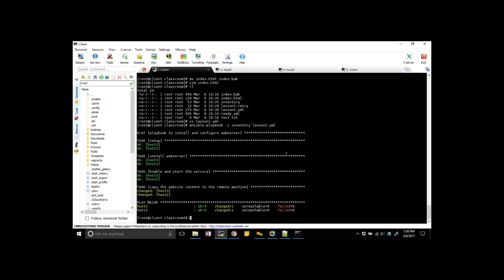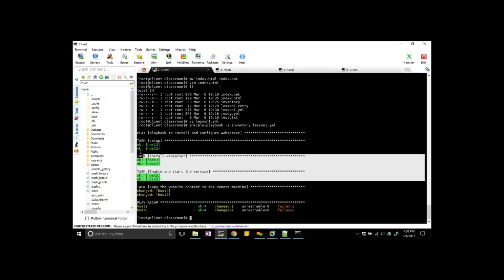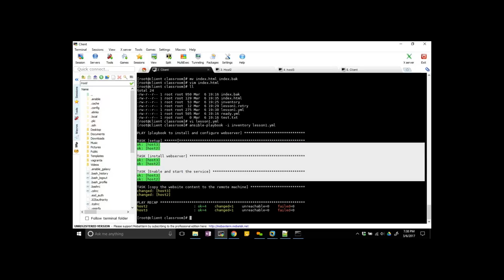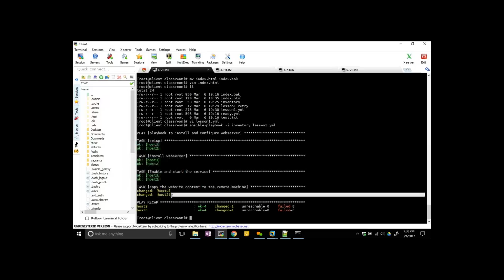Now you see here it's already copied. There is changed=1. So you mean to say these three were already configured there, so they did not change, but only the new file is copied into this machine.